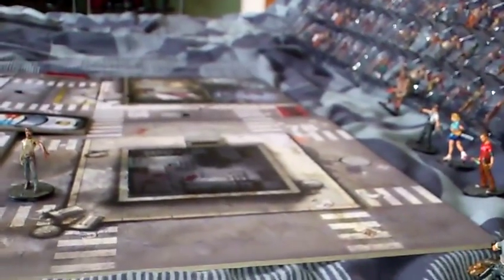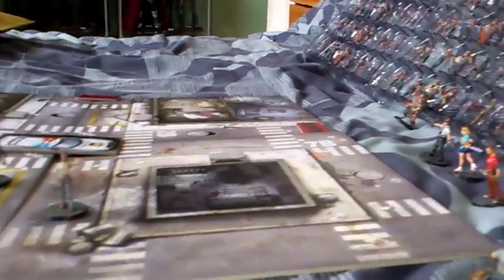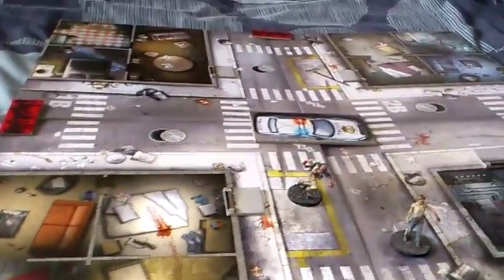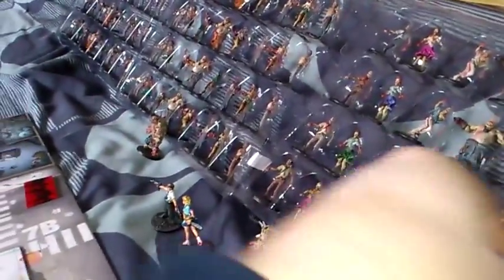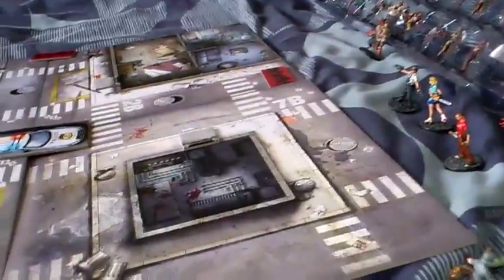So what I should do now is just put these guys away, and then I will do the setup. As I say, this scenario is scenario 9 in the book, and in order to play this you need to set up 4 tiles. I'll go into a bit more detail now once I put these away. Right, they're out of the way. Okay,